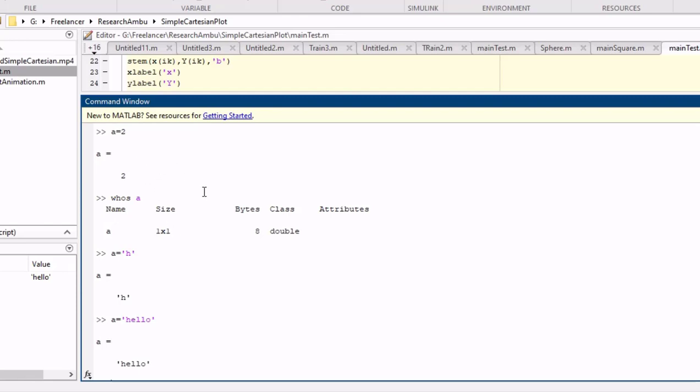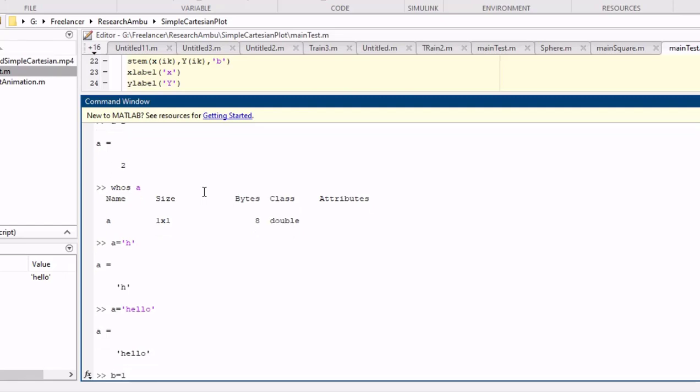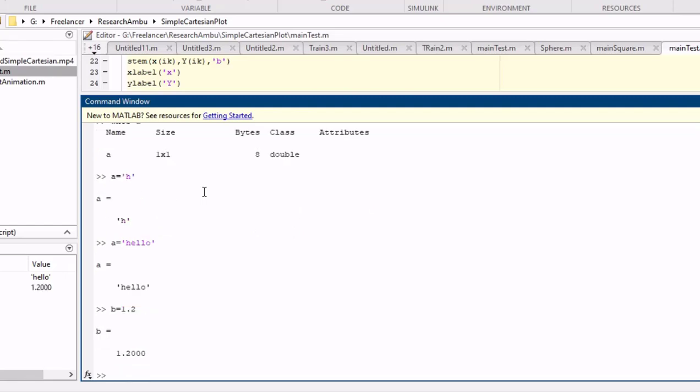Whatever value we need to assign, it's easy to assign. If you need a floating value, you just assign 1.2. And 1.2 into 10 power 4 means we assign 1.2e4. Everything is simple and easy to calculate. So this is the MATLAB basic variable declaration.